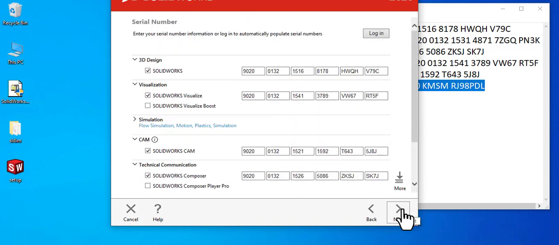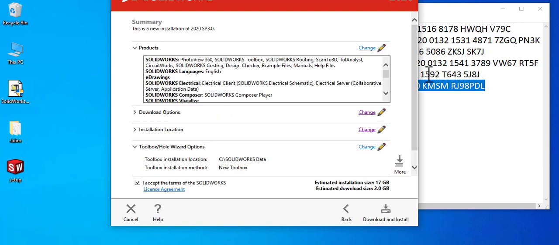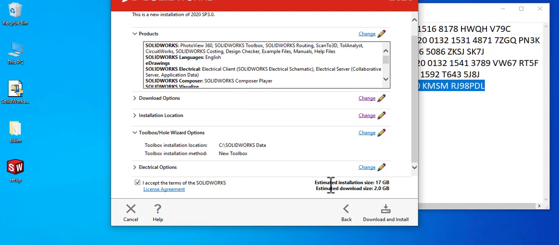Sometimes if you do not download some of the Composer or something like that, you will get some dialogues that it may affect your computer, but every time you have to click OK. No problem. Look, estimated size 17 GB it is showing. Click on accept.